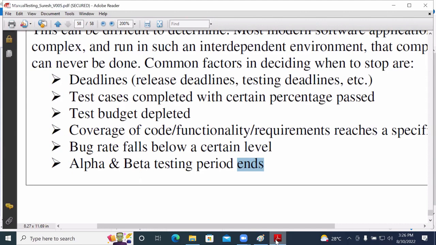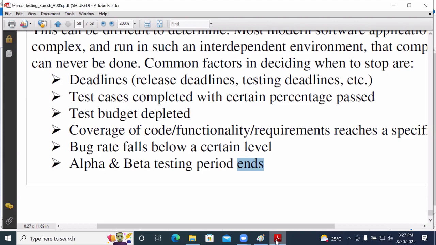Based on that particular project, as part of the test plan, it will specify when testing needs to be started and when testing needs to be completed. Once you reach that particular date, then we can think about stopping that testing. That is considered the deadlines here.